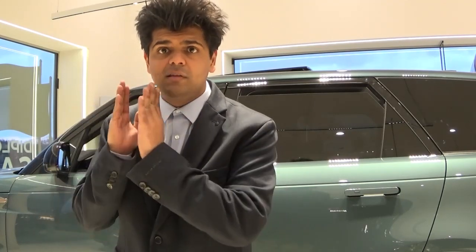I'm not prepared to say this is the best because I was not really a big fan of the interior, things that were missing, like additional storage spaces, and there were some parts of the interior that just had nothing going on. And I also couldn't understand what was Range Rover's intention of keeping simplicity in the middle. Like when you look at you're the driver, and then right here the controls. Why do you need to have so much simplicity right there, especially for Range Rover? You know, I think Range Rover was always more interesting when they used to boast their status, when they used to be more flamboyant, when there used to be more buttons. But now they've played it too simple that it's becoming a little bit